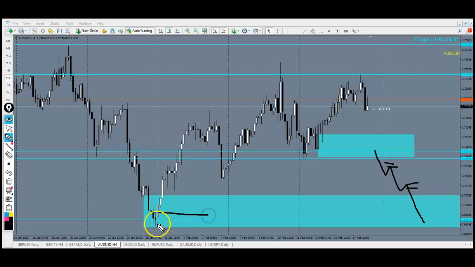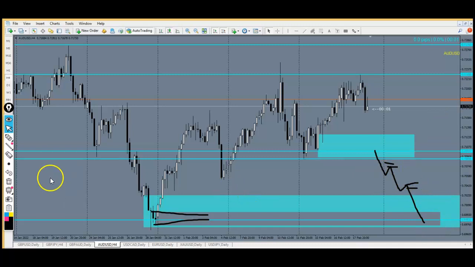So on this one now, it will be somewhere here. That'll be a demand zone within another demand zone. So this will be the zone here that we'll be looking at. Once it comes in here, we'll be looking to buy. Okay,